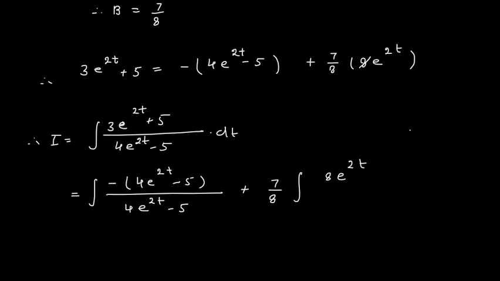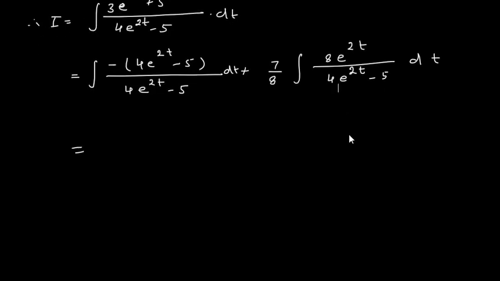I have cancelled here, but better not to cancel. Divided by 4 into e^(2t) minus 5 into dt. So in both places it is dt. Here you will get minus 1 into dt, plus b times, that is 7 divided by 8,